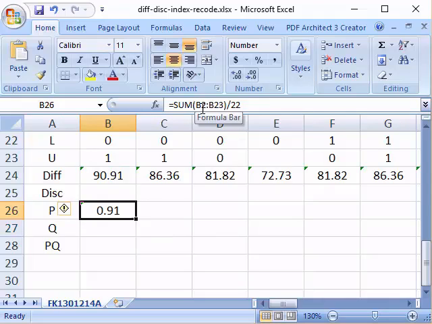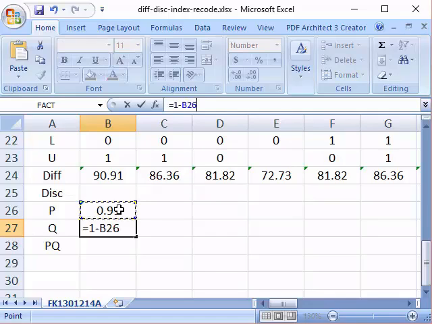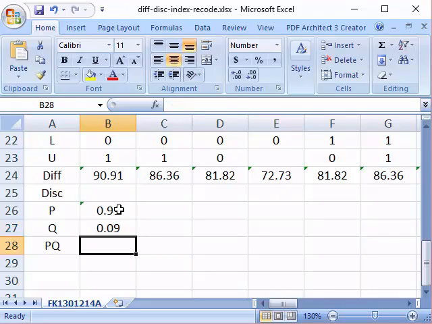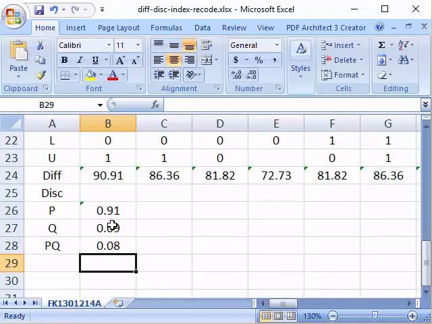Okay, so Q is 1 minus P. So you have to put in the equals symbol in front. 1 minus P, enter. So you got two values. PQ is equivalent to P times Q, enter. So you're getting all the answers done nicely.